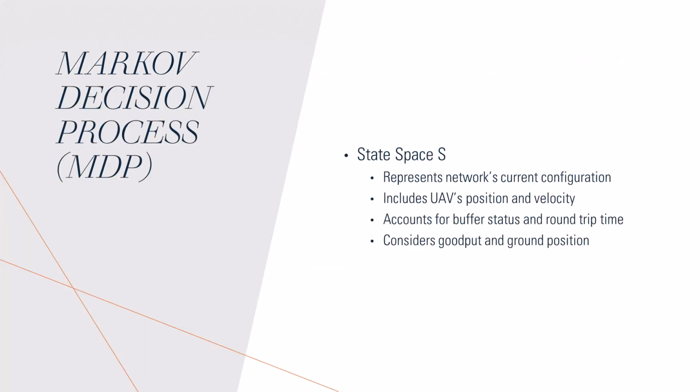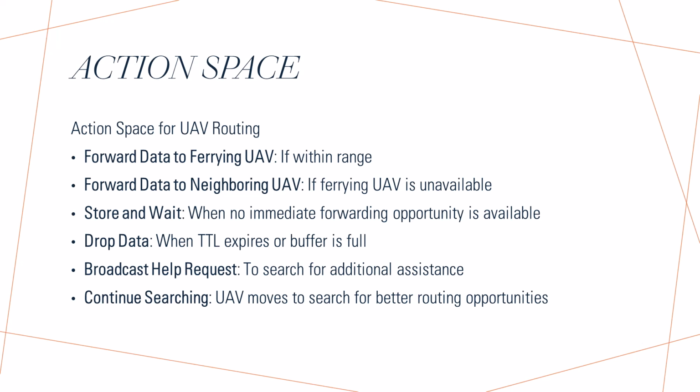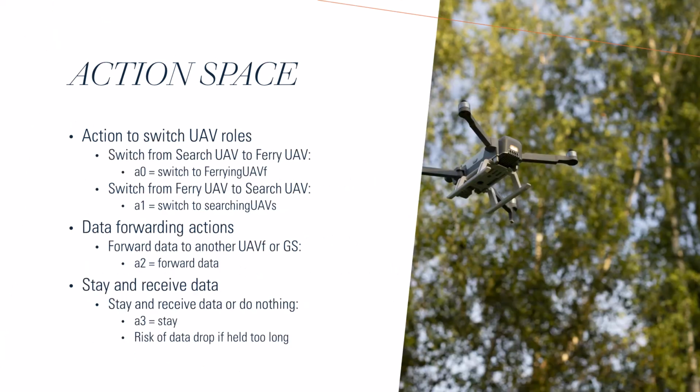In order to apply Q-learning, we need to model the problem as a Markov decision process. The UAV's current position, neighbors, and the state of the network represent the state space. Each action, such as forwarding or storing data, impacts the rewards, which include successful transmission and connectivity. The transition function accounts for the unpredictable nature of UAV mobility.